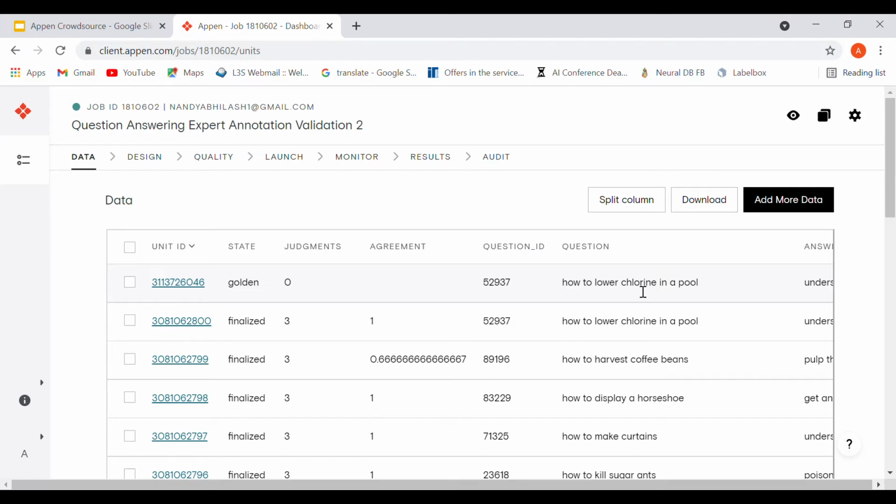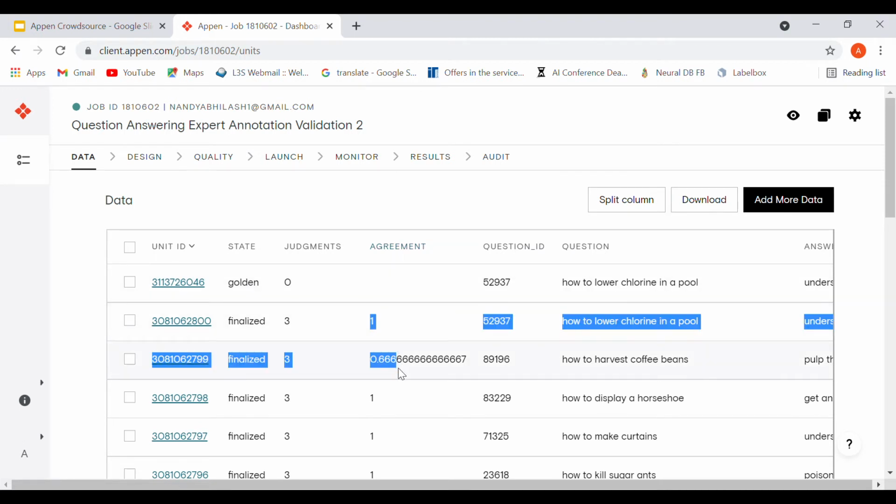If a single annotator annotates a particular data sample, there is the possibility of noise and bias. In order to root out any bias of the user, we prefer multiple judgments, and this is a field which shows what fraction of the judgments agree with each other.